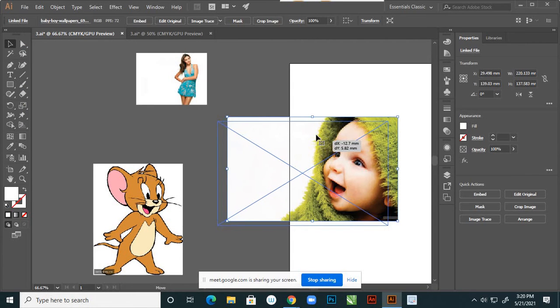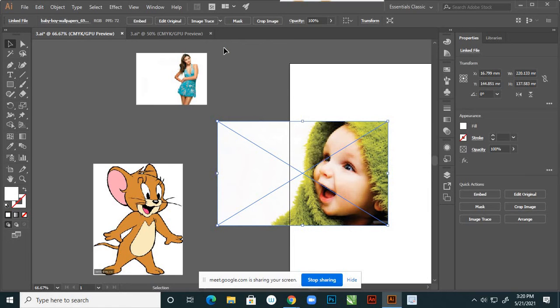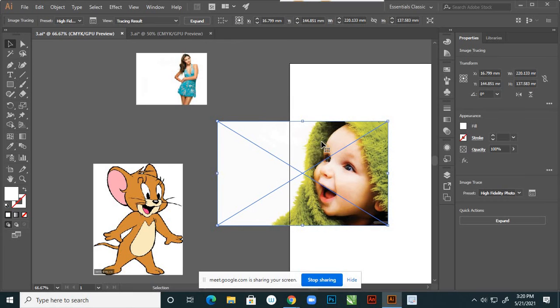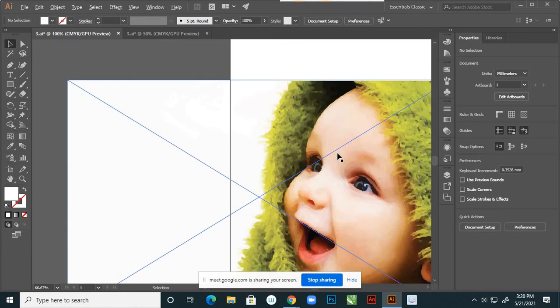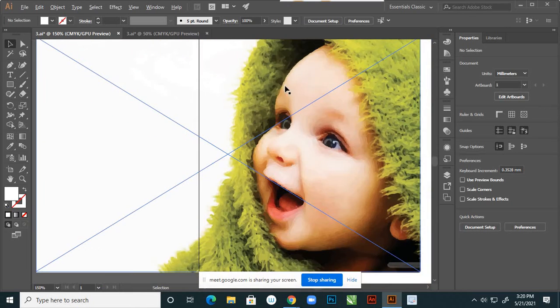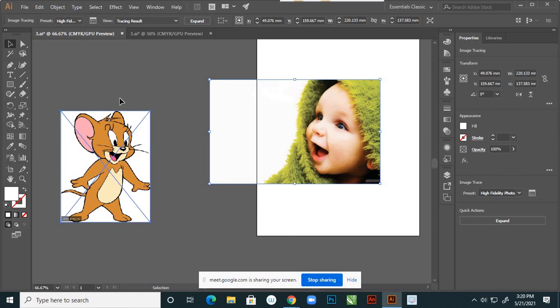Yes, the same thing, same technique here. I'm applying high fidelity photo. Yeah, this process is very nice. Now see this. Zoom this and we'll understand. Yes, so this is a vector drawing, converted into vector. So on that, what I'm doing,